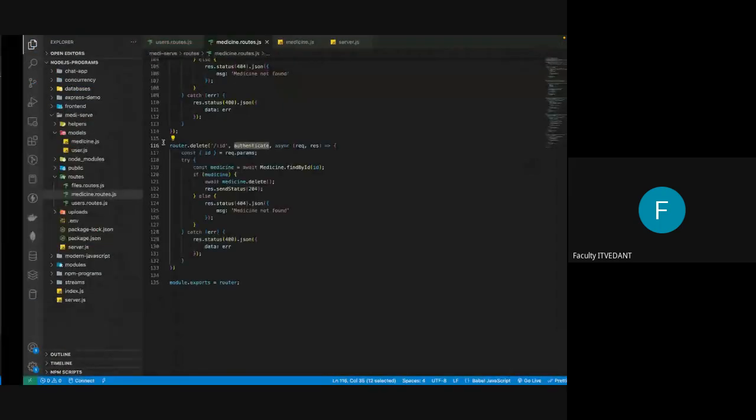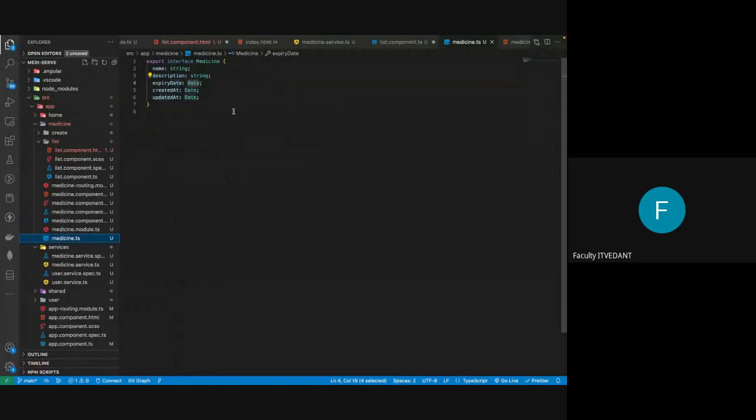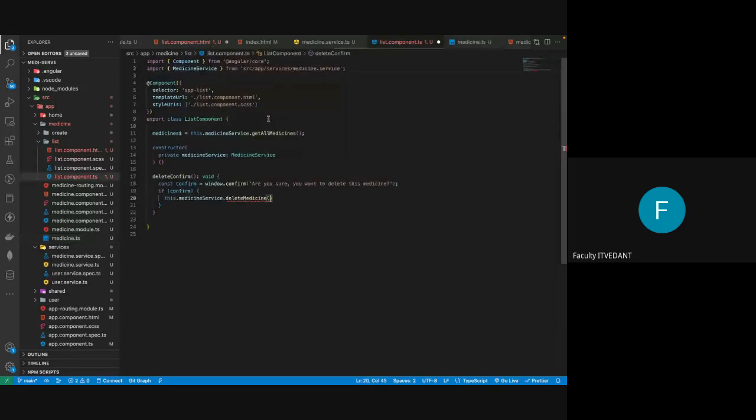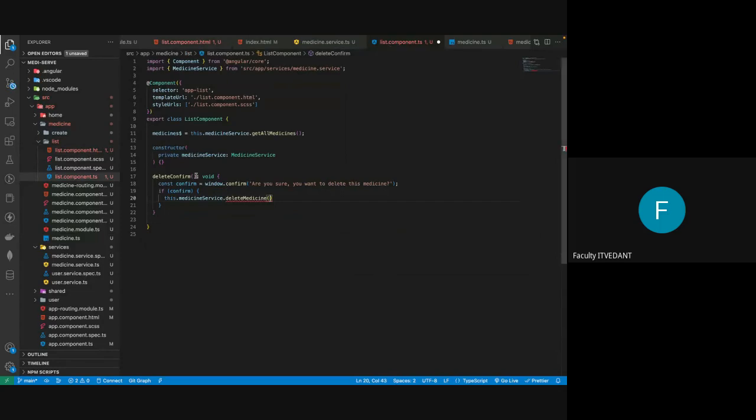We should have an underscore ID field for medicine. Okay, so let's use underscore ID as well. String component here. Okay, it is dot underscore ID. And we'll pass this ID here, ID colon string. Okay, we'll pass ID here, dot subscribe. And once it is here, we will say